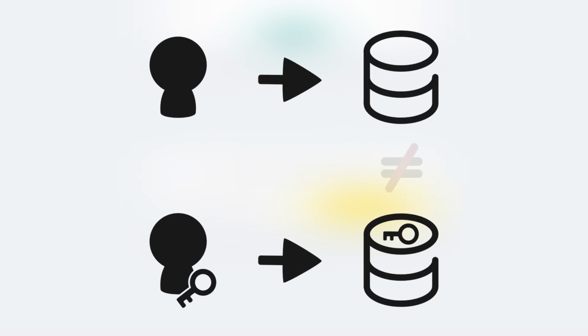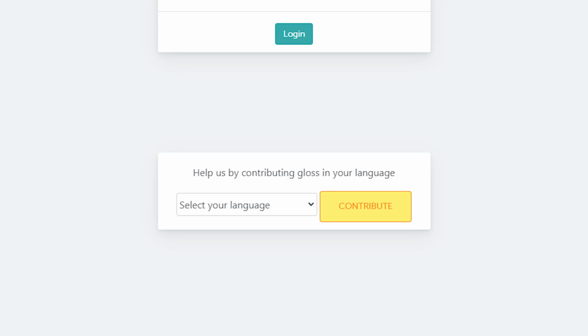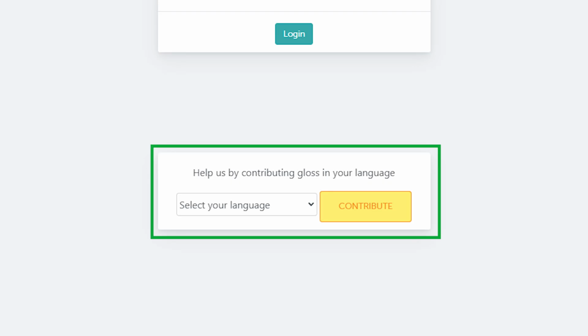Contributors are mostly the same as users with credentials, but they do not get access to some specific elements that we will mention later. Their inputs are also stored separately to prevent any potential purposeful misuse of the tool to insert inappropriate Glass entries. Contributors must first select the sign language they would want to contribute to. The selected sign language is connected with the national written counterpart, so you will always be making a Glass for languages from within the same country.